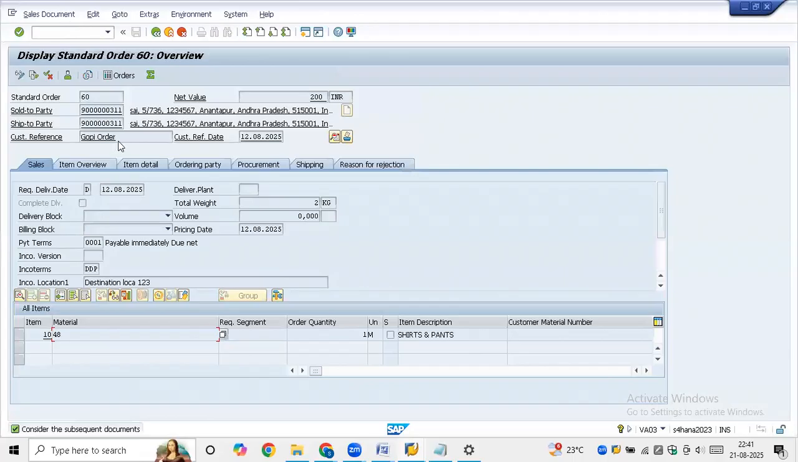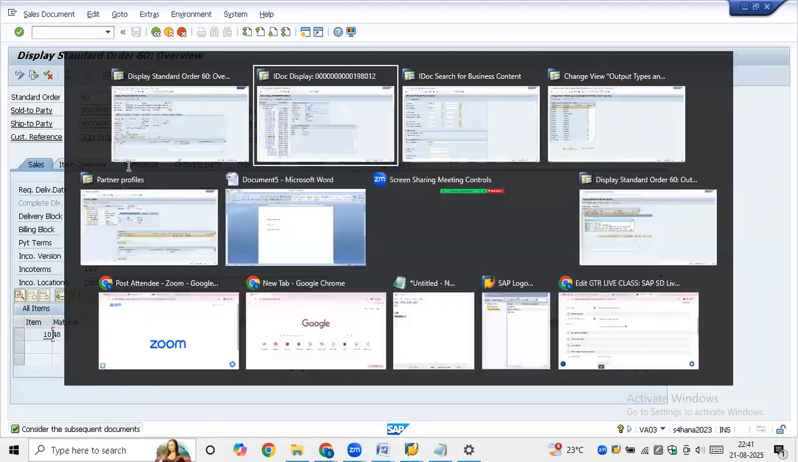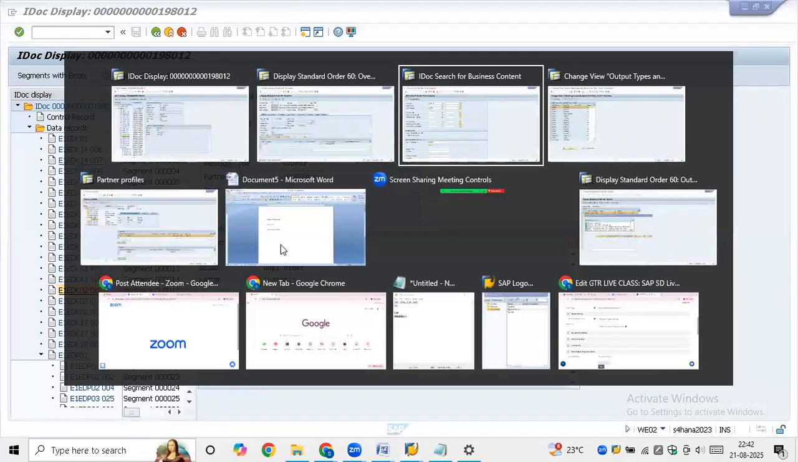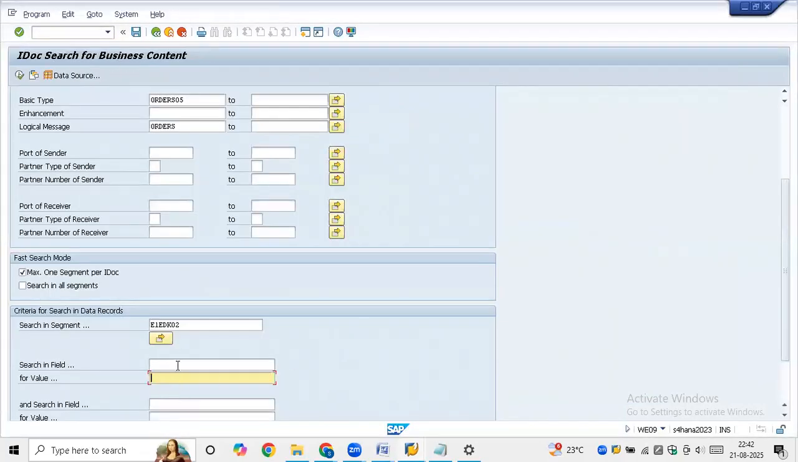See, generally it will have some number. For testing purpose, I created. If it has been created automatically, then it will have a vendor's purchase order number. So that purchase order number is available in EDK02 qualifier 001. So here, while searching, EDK02, okay,